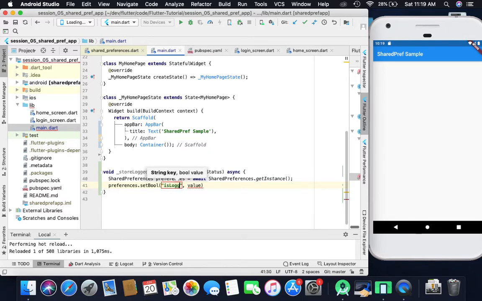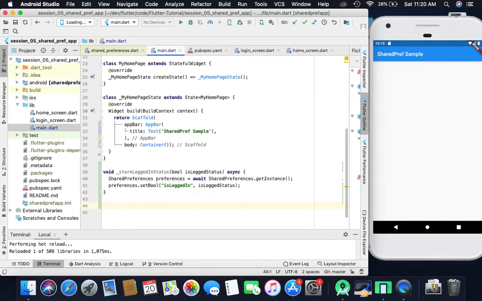Here I am adding isLoggedIn, just a dummy hard-coded string, and here the logged in status. Whenever you use shared preferences, you have to add one key; based on that key you can put your shared preferences, and based on that key you can get them. So the key is really important in shared preferences. Now we have successfully stored the logged in status.